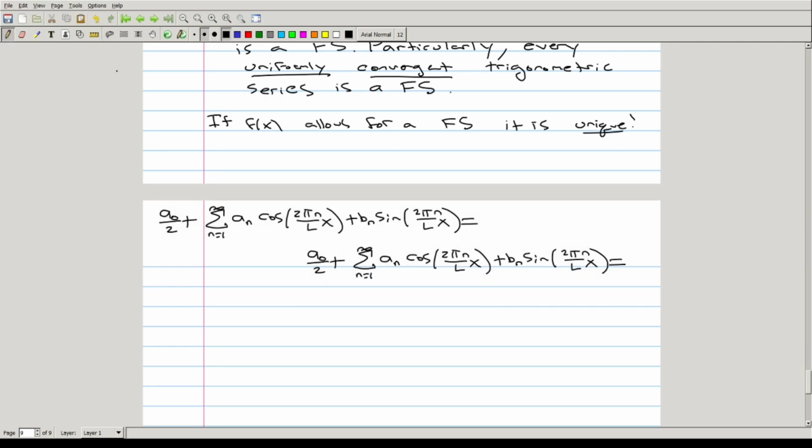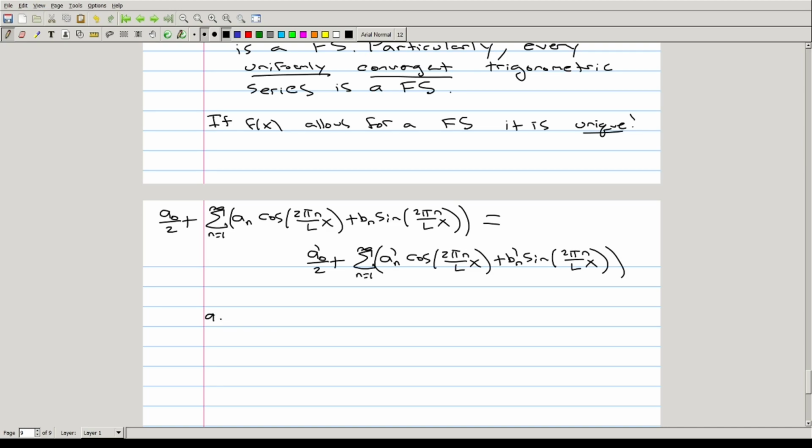So on the left hand side we have a0, and the right hand side we have a0 prime, an prime, and bn prime. And the linear independence of the basis functions imply that these coefficients have to be equal to one another because the corresponding infinite sums are convergent and converge to the same thing,